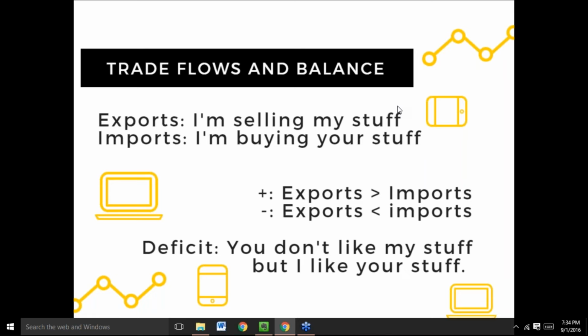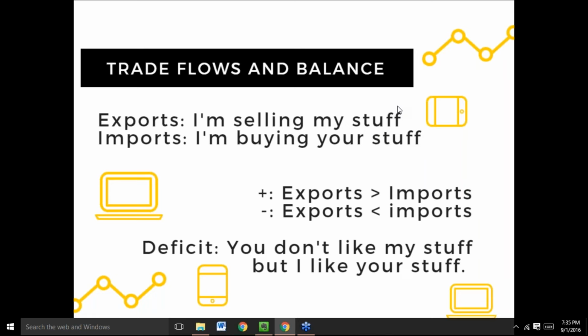So it's pretty much the same. Exports talk about the goodies you sell, and imports are the stuff that go into your country. Exports, I'm selling my stuff. Imports, I'm buying your stuff. Now, if you have more exports than imports, you should be happy because you're getting more than what you are giving. Parang love. Okay? For example, if an Australian-made product is booming in other countries, they'd buy more of that product. So to get that product that Australia produces, these countries have to pay in Australian dollars, making the demand for AUD higher.